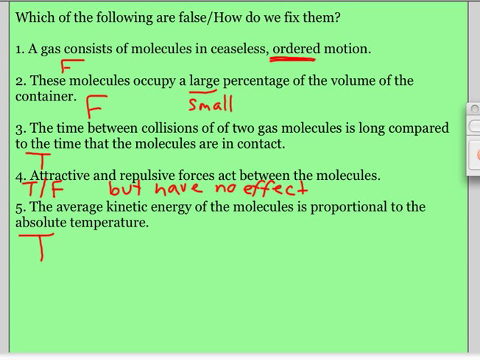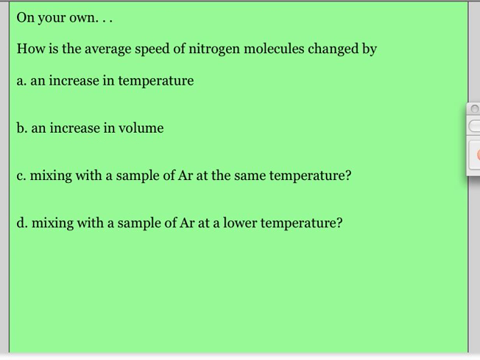All right, so what you're going to do is go to the next slide. You're going to try it on your own, work with a group or whatever, and then when you come back, we'll actually have the answers up there. Okay, so hopefully you're ready to go.